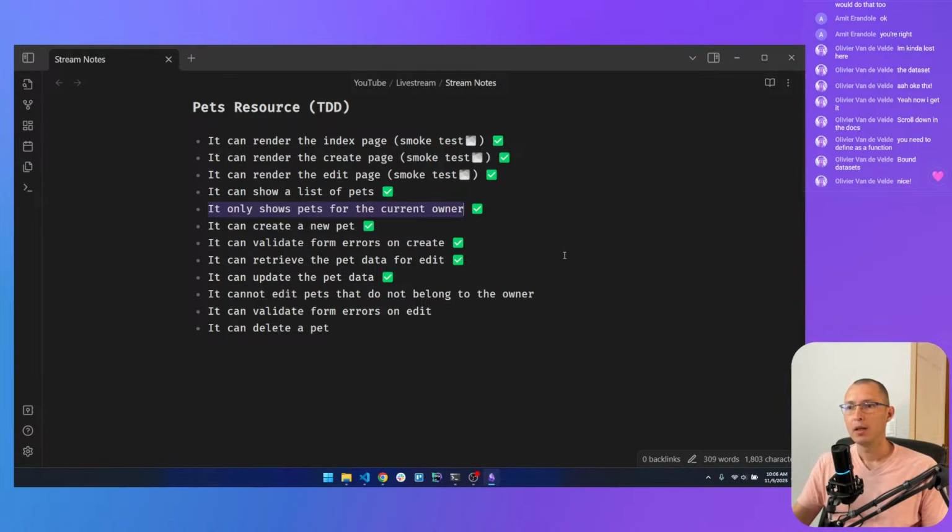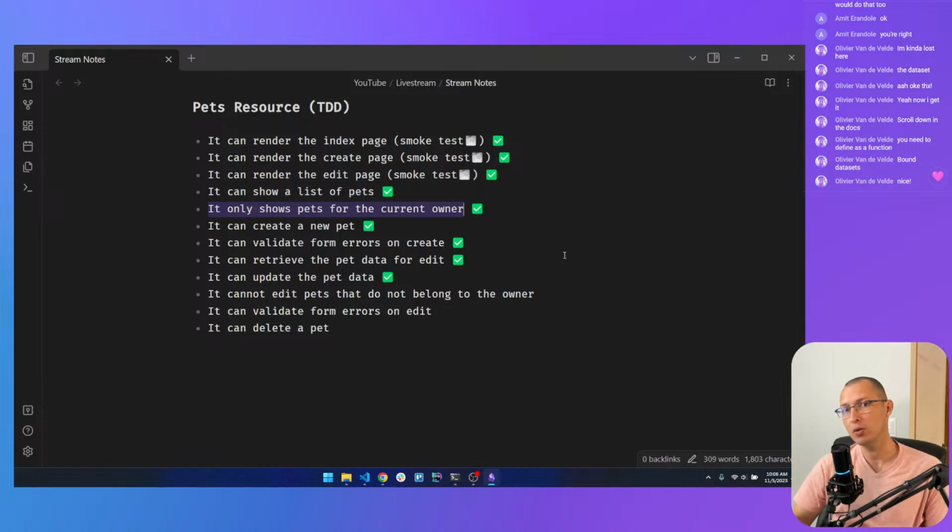But because we're using the pet ID for the URL, for the route, if for some reason we guess the ID of a different pet and we type that in the URL and hit enter, we can still see the form and the pet information from other pets that do not belong to the user.